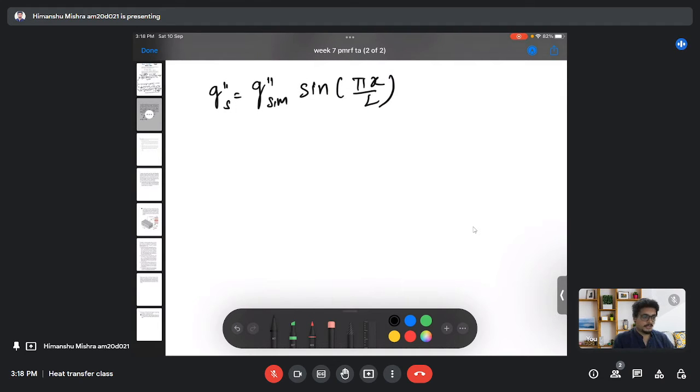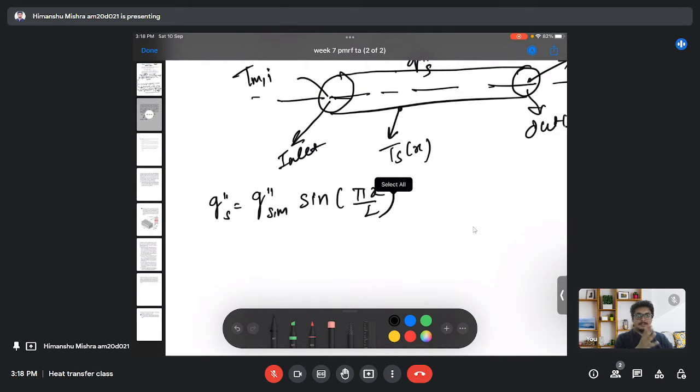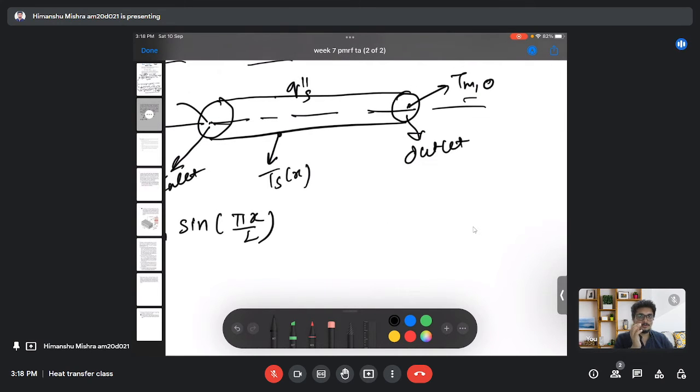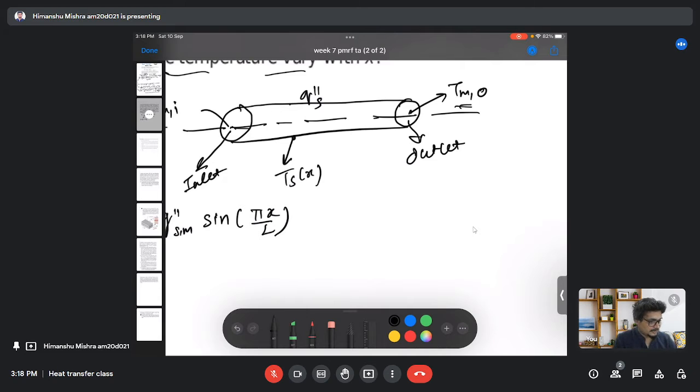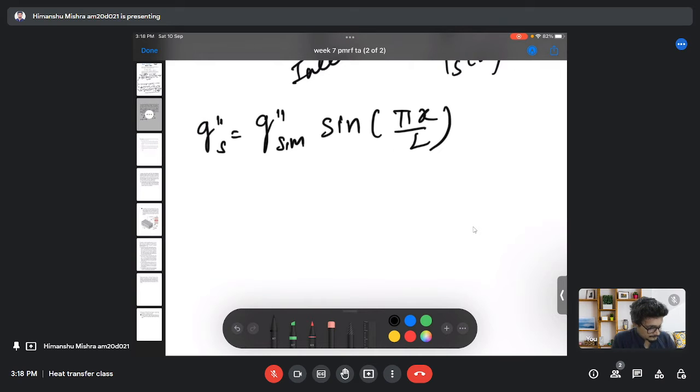So we need the heat transfer relation. If we have the inlet and outlet temperatures Tmi and Tmo, and these temperatures are not equal to each other, that means there will be heat transfer along the flow propagation, along the flow direction. So in that case, the heat transfer will be given as